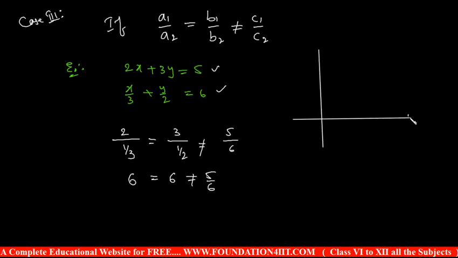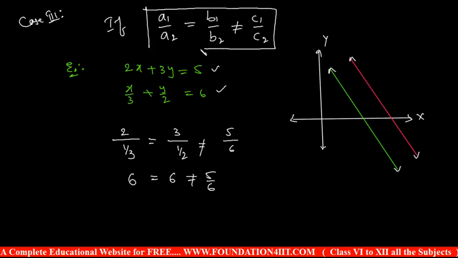Right? So according to this, if you draw the graph for both linear equations, we'll get two parallel lines. It is x-axis and y-axis. For one equation you get one straight line, and if you take one more equation and draw the graph, you'll get one more straight line, but they will be parallel, so they will never intersect. In this example, there is no intersecting point. These two are parallel lines, so there is no common solution because they are completely parallel.